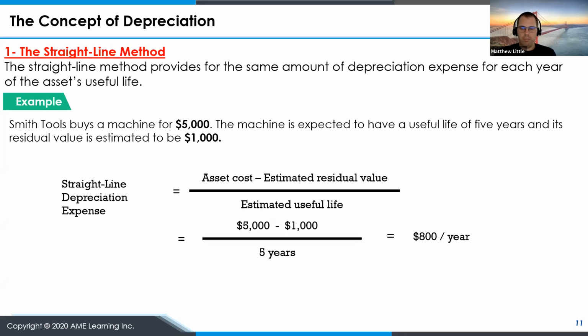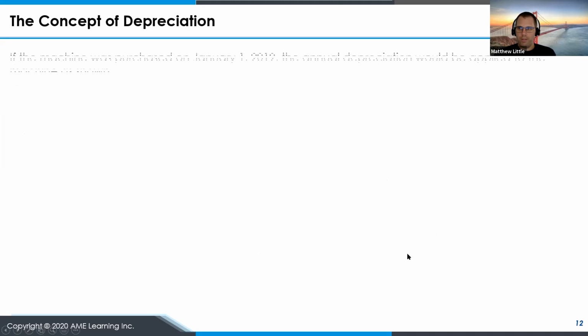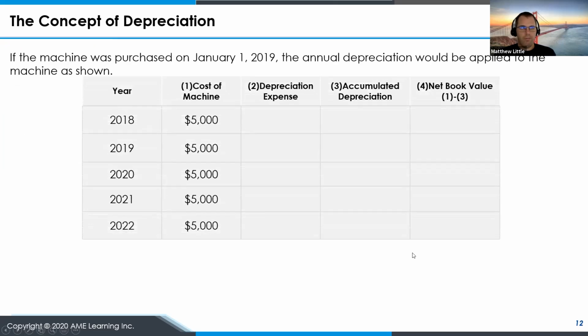So a simple example is we bought a machine for $5,000. The machine is expected to have a useful life of 5 years, but there's a residual value of $1,000. So we would take the asset cost less the residual value divided by the number of years. So in this case, for this machine, we would depreciate $800 a year. And actually, there's a mistake in these default slides. I did not create the slides, I'm just using them, and I see that this should be January 1st, 2018. So you have a full amortization in the first year of $800.